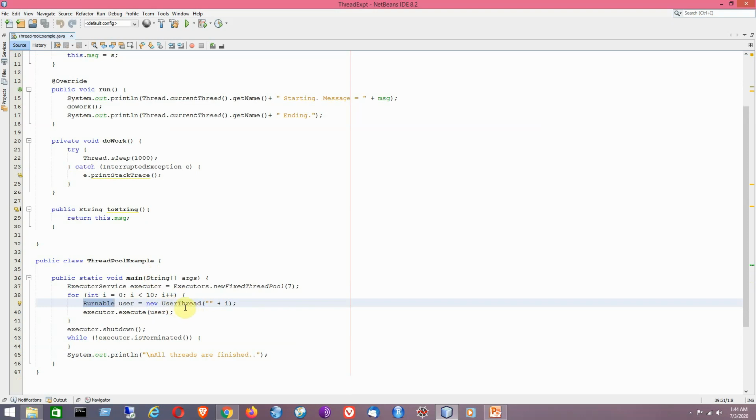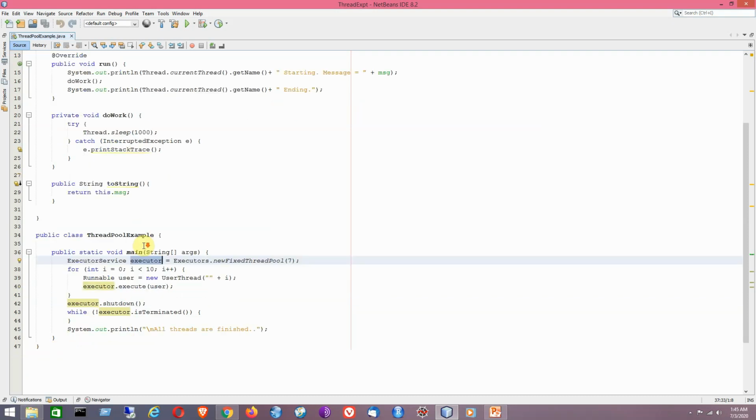So we are creating 10 such threads here by using this for loop, and they will be getting executed whenever we are having the reference to the thread pool. The thread pool is executing each of the threads selected by the thread selection procedure.